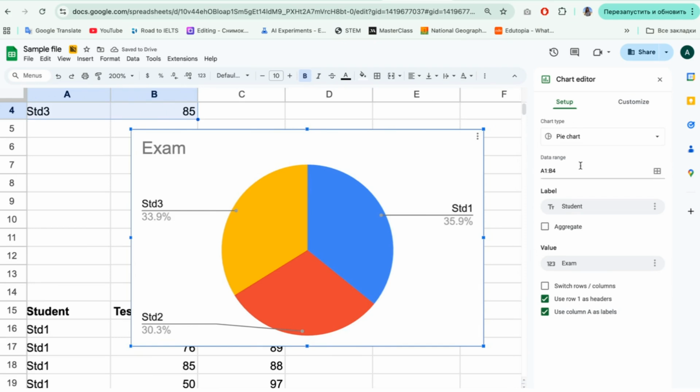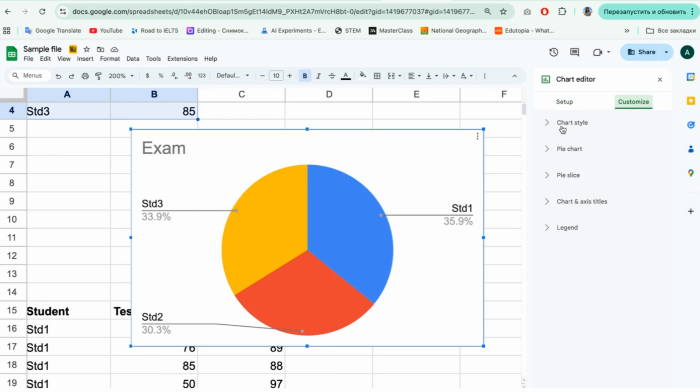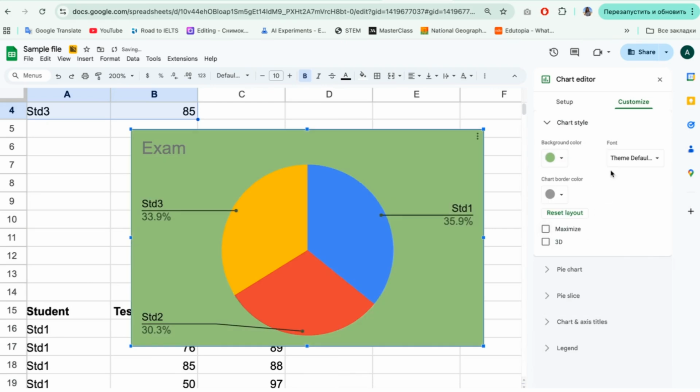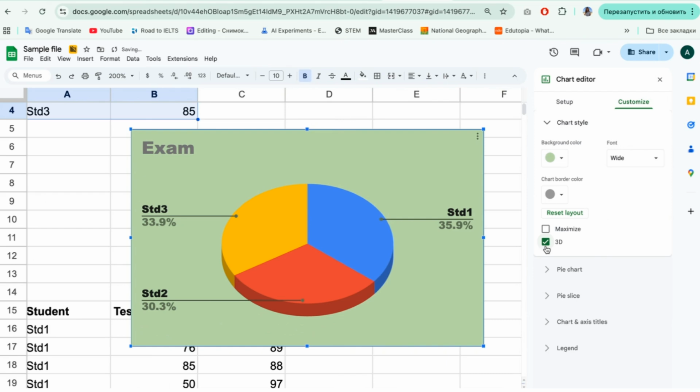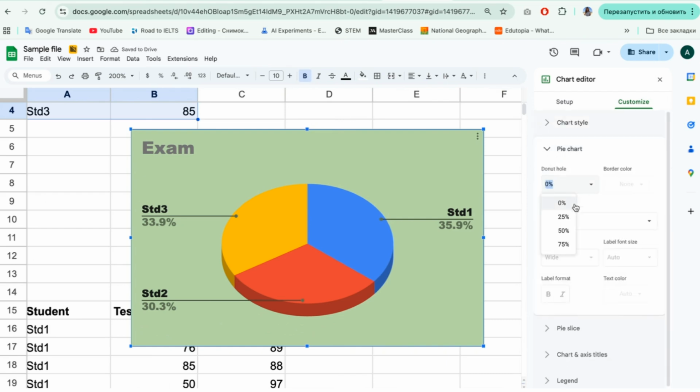When you create a graphic, on the right side panel you can see the setup part and the customizing part. The setup part we will cover later. Let's start from customizing and open each part one by one. The first one is chart style, where we can change the background color, the font style, the border color, or even make your pie chart in 3D format. What else? With a pie chart we can add a hole,